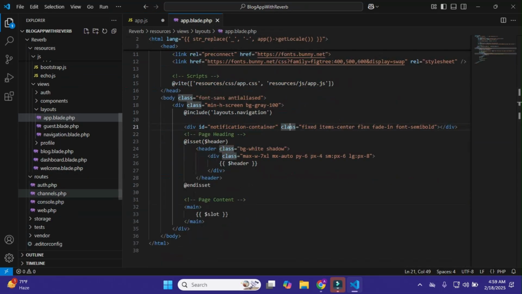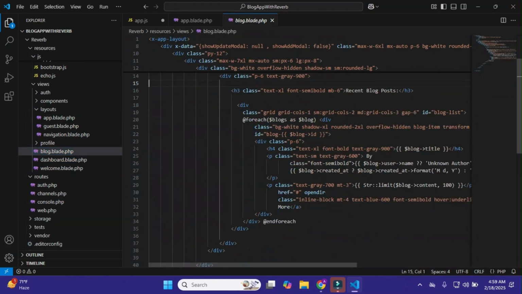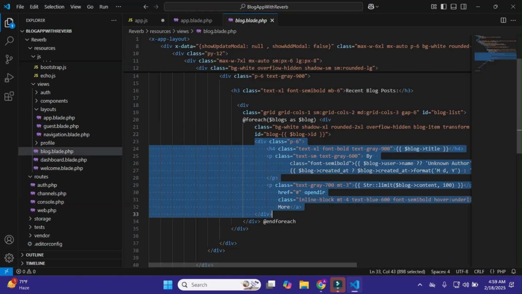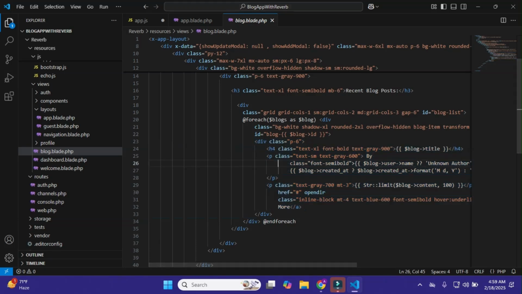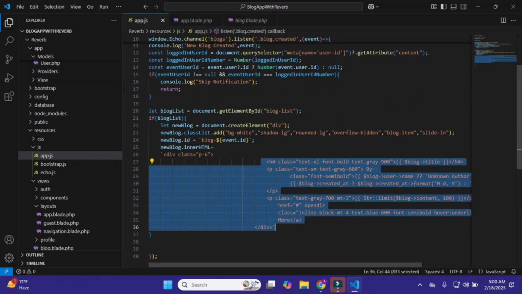So I'll go to my dashboard, sorry, blog, and it is this. I'll copy this div tag and go to the app.js file and paste it here.